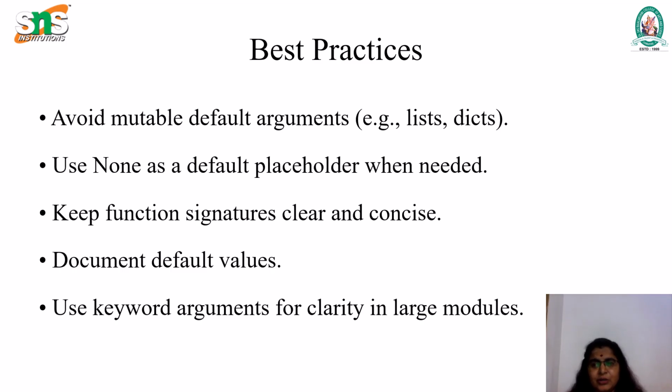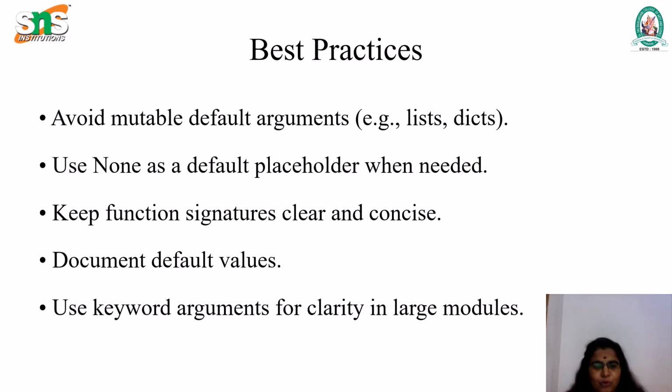The functions we use should be clear, because once we access a function, we have to know about the function's members, variables, etc. Then document default values: whenever we need, we can take the default values, or else we do not declare them. The next practice is to use keyword arguments for clarity, so the function names and keywords are easy to identify in the large